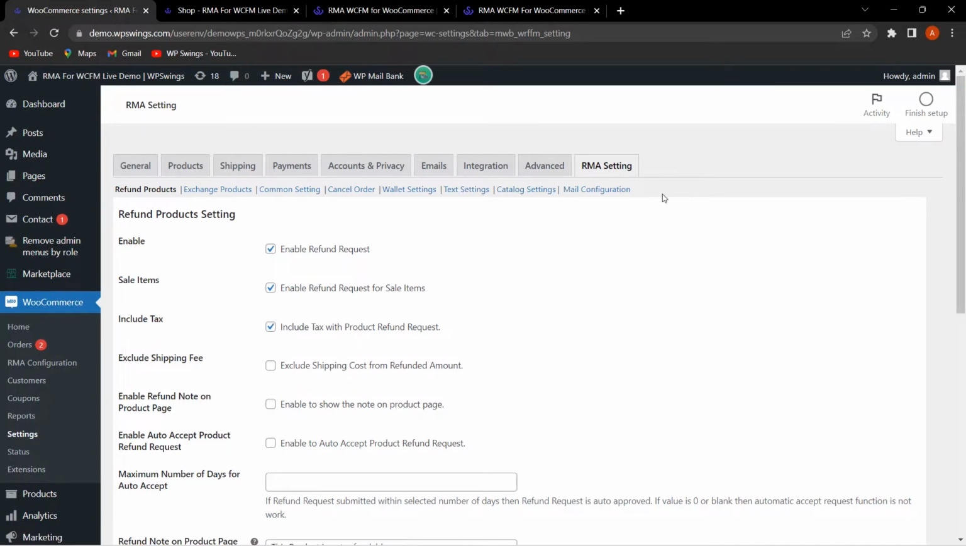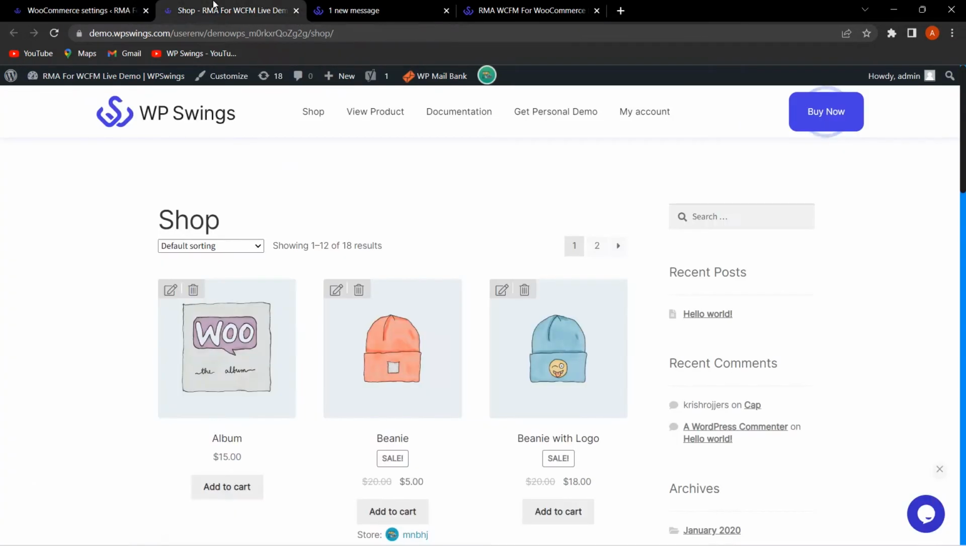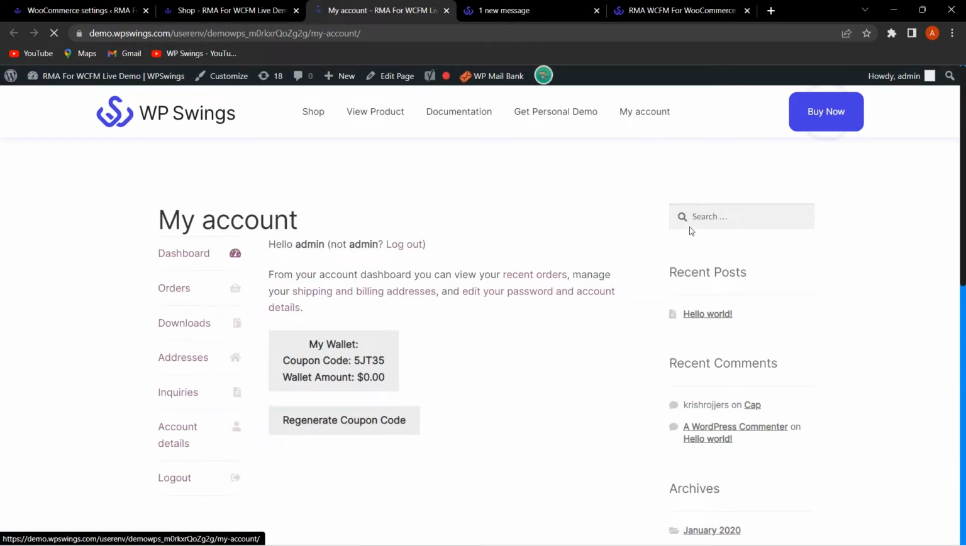So we move to the main part of RMA WCFM. Let me explain how the refund functionality works. The very first field is enable. From here you can enable the refund request. If I disable this and click on save changes, and then go to the shop page, click on my account, and click on orders,